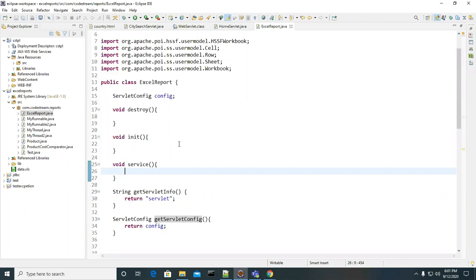Can we call this Excel report a servlet program? No answer from you. You don't know anything?